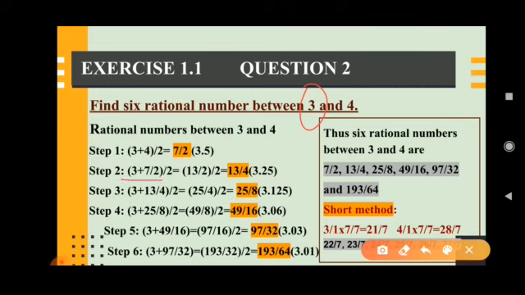So to get the second rational number, observe here, the previously obtained rational number, 7 by 2, should be added to the first number, that is 3. So we have to add 3 plus 7 by 2. Again you have to take the LCM. How to take the LCM? Multiplication: 3 twos are 6, 6 plus 7, 13. So 13 by 2.